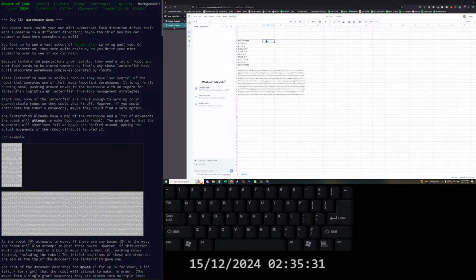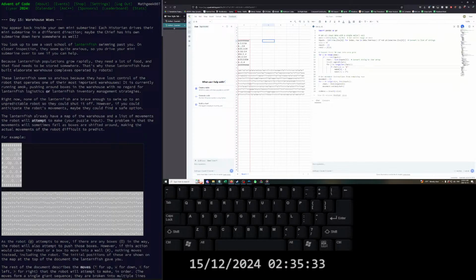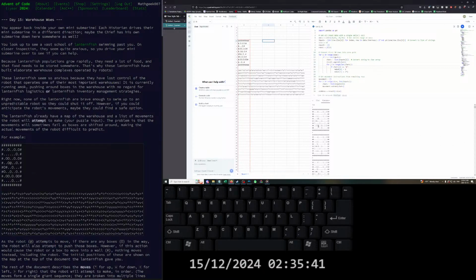Have errors, that's fine. So moves left and pushes that correctly, then down, then down, then right, then up, then left, then down, then up, then right, then down, then right to push them in